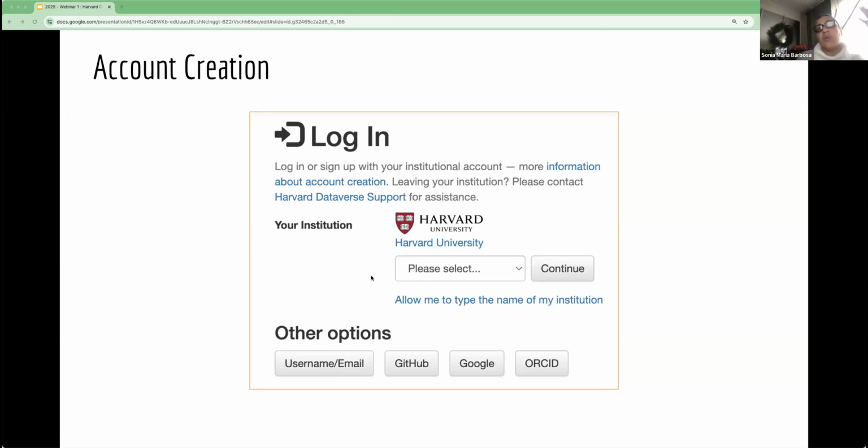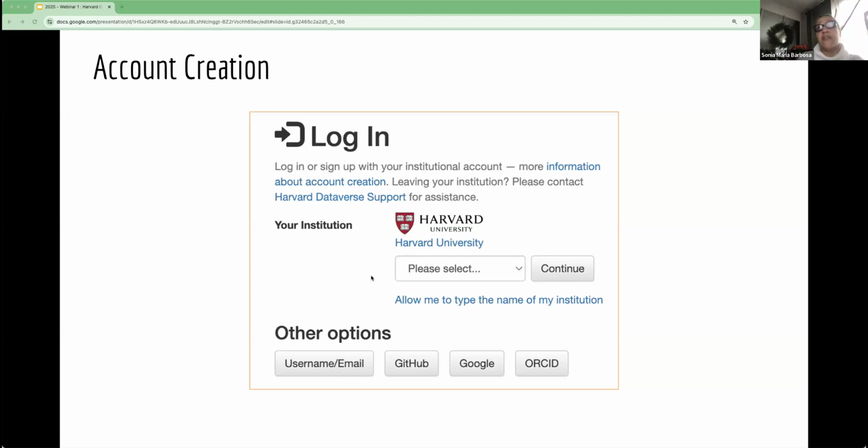As you can see, what's showing up on this login page is Harvard University, because this is a screenshot that I get every time I go into the Harvard system. I'm already set for Harvard, so I use that. There's a drop down of all of the institutions. If you use that drop down arrow that you see there, you'll see all the institutions that are actually registered with